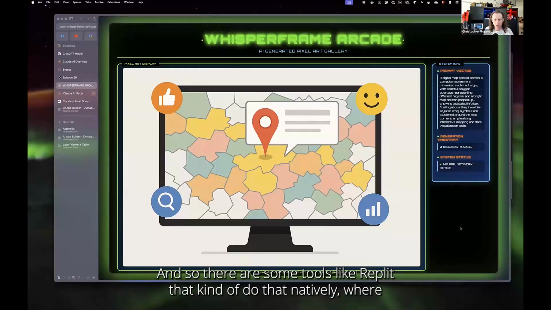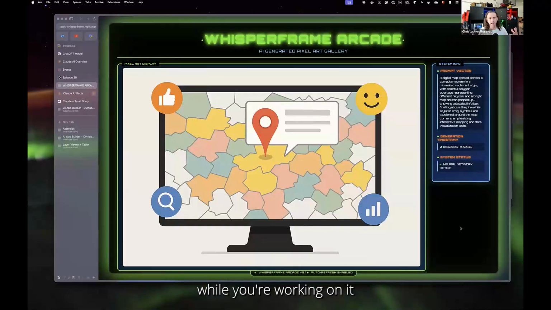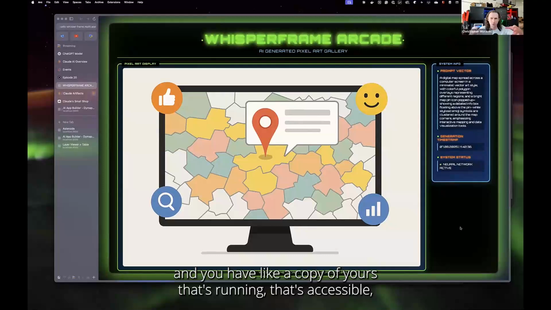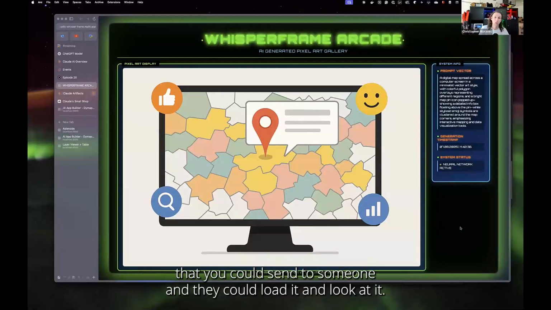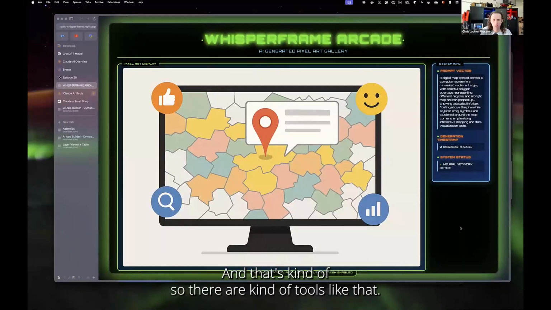There are some tools like Replit that do that natively, where while you're working on it, you have a copy of yours that's running, that's accessible, that you could send to someone and they could load it and look at it.